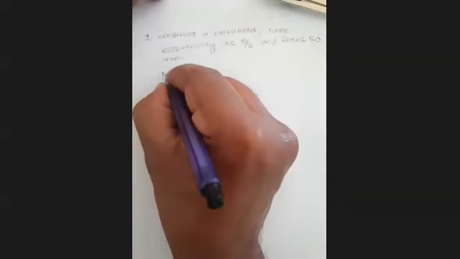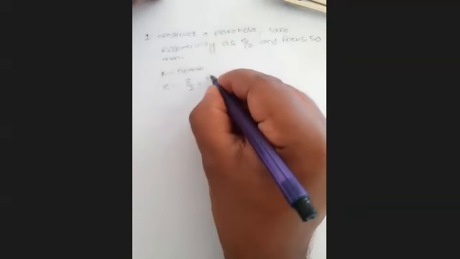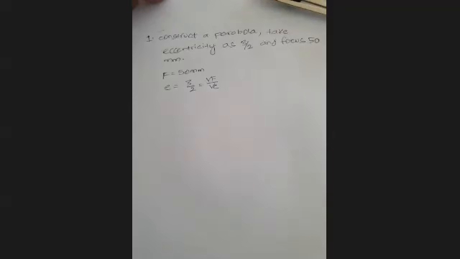And what is given in the question? F equal to 50 mm and eccentricity E equal to 3/2. That is equal to, what is the formula? VF by VC. This formula you are supposed to remember. VF by VC. Right. So that is given in the question. So next let us draw the figure.